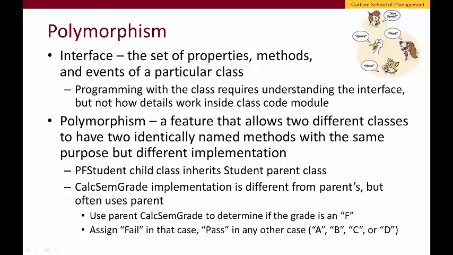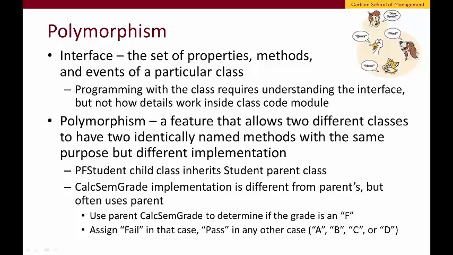We already discussed the interface, which is the set of all the properties, methods, and events associated with a class, and that programming using classes and objects requires that we understand how to work with the interface, but do not bother with how things work under the hood. One of the key aspects of this black box approach, one might call it, is the concept of polymorphism, which is the feature that allows two different classes to have two identically named methods. Again, think calc MTH PMT or calculate monthly payment with the same purpose, to calculate the monthly payment, but different